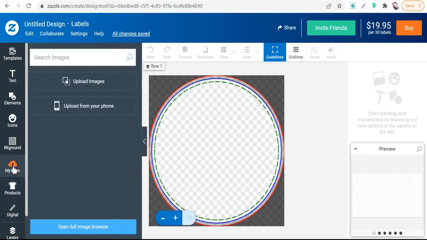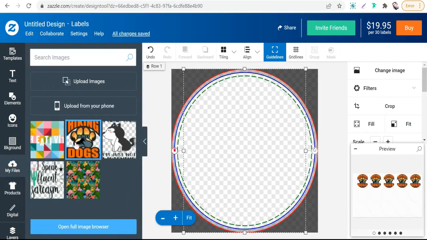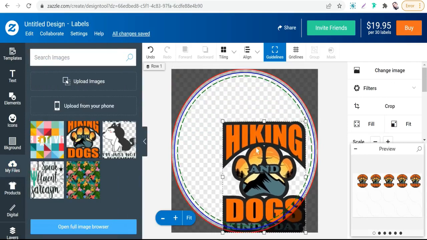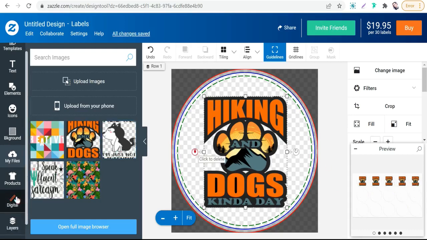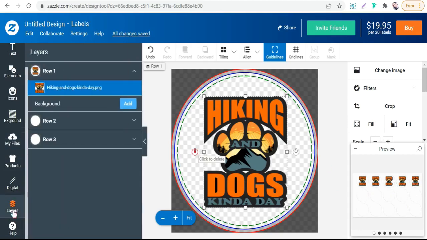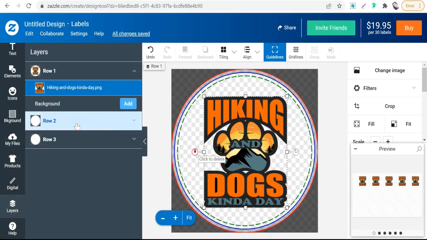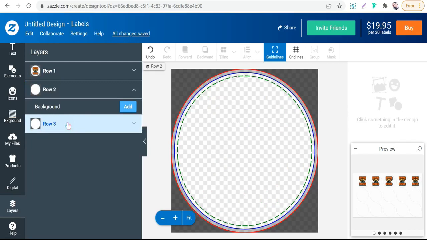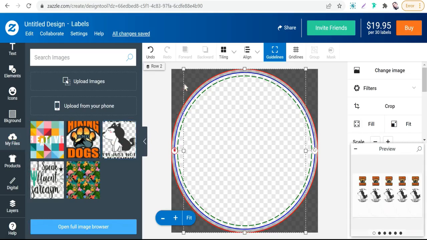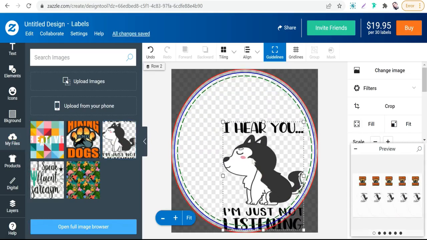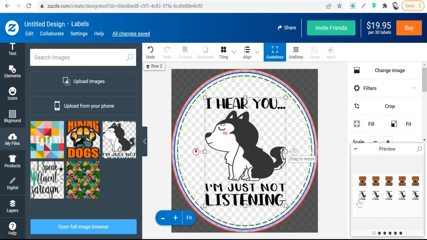okay, go to my files to upload our design like this one, we can optimize this design on the sticker. Okay, as you see here in this preview, we have made the first row of our page. Okay, so go to this layers, as you see here, and here you can add many rows, many different stickers as you want. So go to the second row, okay, and here go to my files again and upload another design like this one, optimize it, okay, and you will find here the second row of your stickers, okay, and so on.